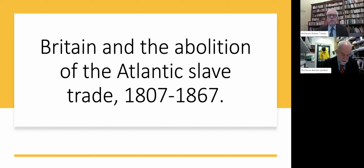But the British had insisted that they would not discuss this issue. The right to stop and search merchant ships in wartime on the open ocean was a red line for the British, and it was not even considered at the Congress of Vienna or the Treaty of Ghent. And this certainly rankled with the French and the Americans, who would very much like to have restrained Britain's maritime economic power. And this is a theme you'll find across the long 19th century, well into the 20th, of continental